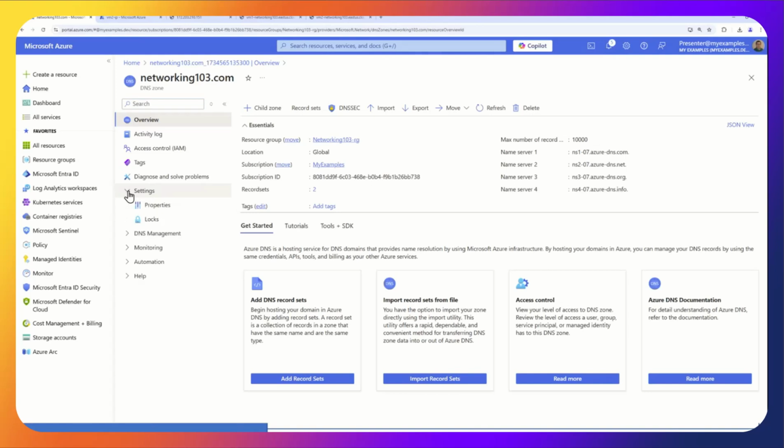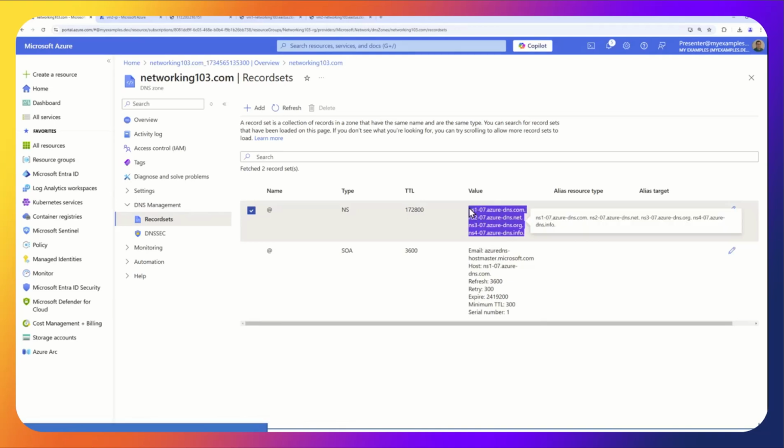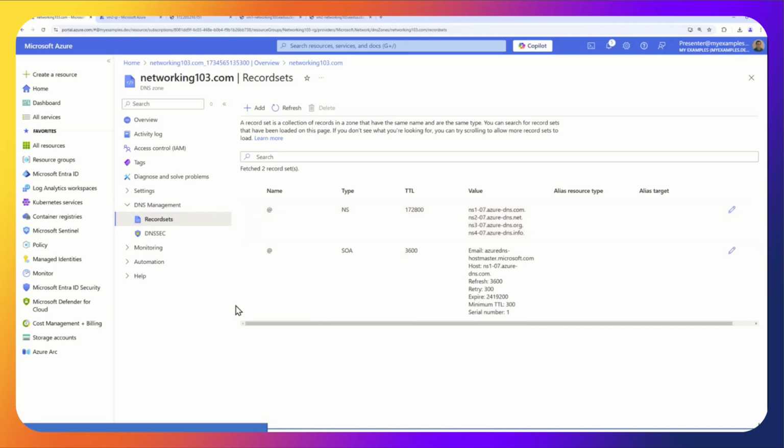I'm going to go to settings, then DNS management, then record sets. These are the default ones. One thing we'll notice is these are name servers. Let's say I went to GoDaddy, wherever, to buy the domain name.